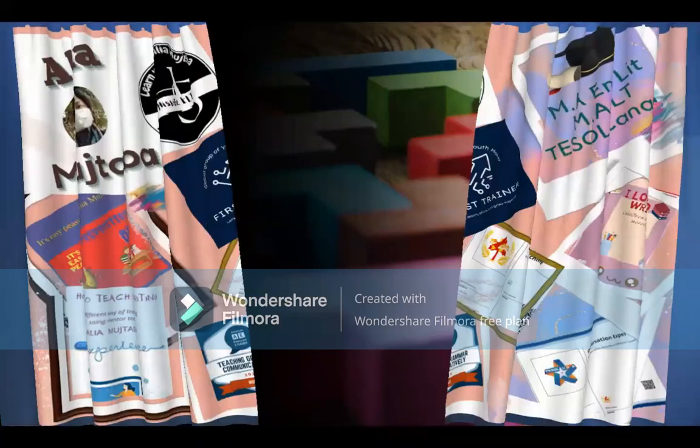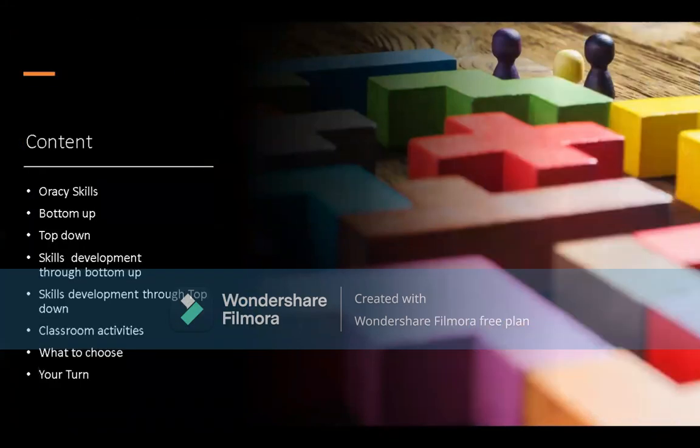Now, come to the content. Let's have a look at what we are going to do today. We will talk about the oracy skill, what that is, then the two strategies, and which skills we can develop through these strategies. Furthermore, the implementation of these approaches in a classroom setting. After that, it is your turn to share your experience and feedback on my presentation, and that should obviously be good. Definitely, you don't need to worry. You will also have the opportunity to speak.